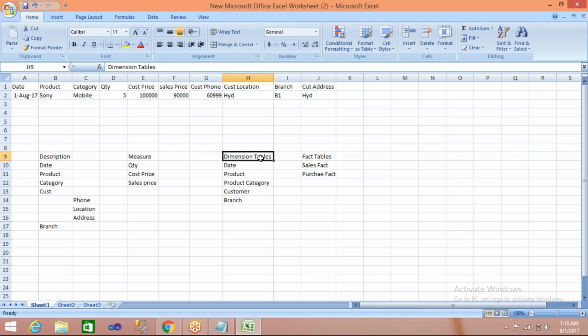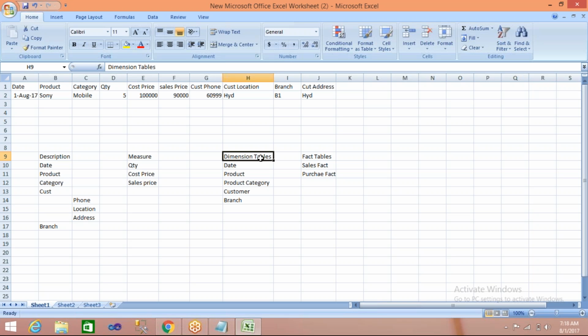Based on that, they decide what different dimensions we can pull from the transactional information, and what different fact tables we can make according to the transactional information. Once they decide which dimensions and which fact tables we have to maintain in our data warehouse,